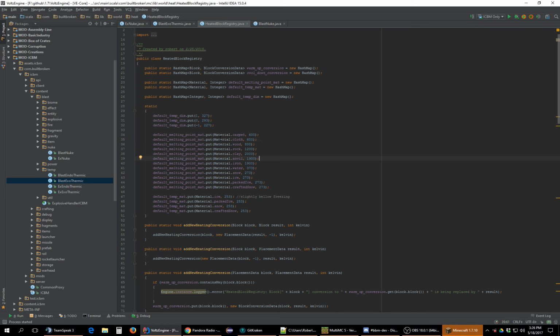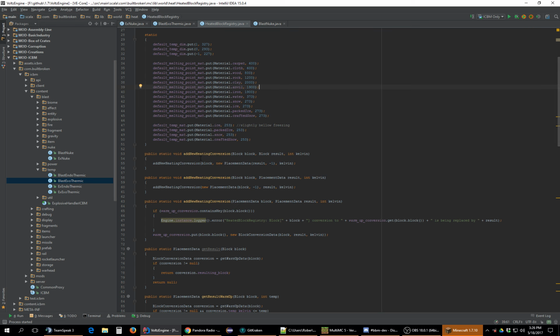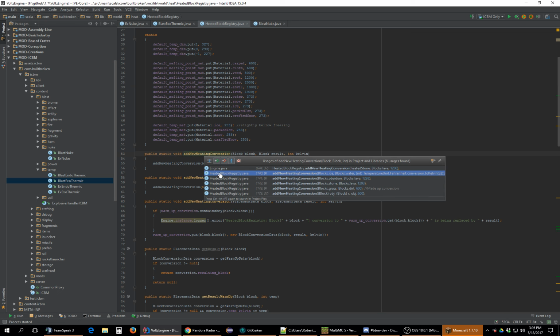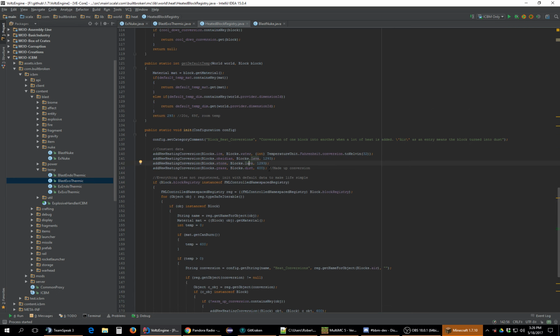Okay, so in here somewhere is stone. So we have melting points. Default melting point, default temperature of material. I'm going to say it's probably one of these real quick. Oh, here we go. Yeah, here we go, stone to lava. At a temperature of